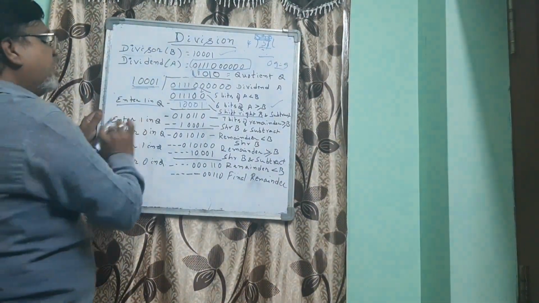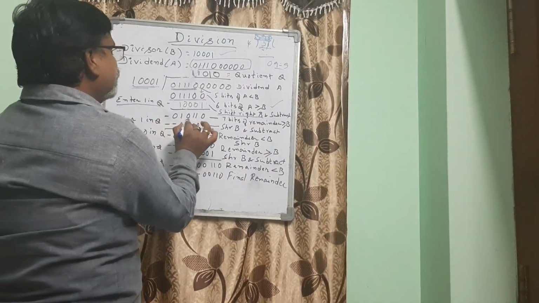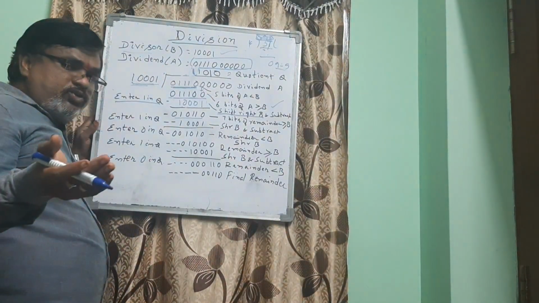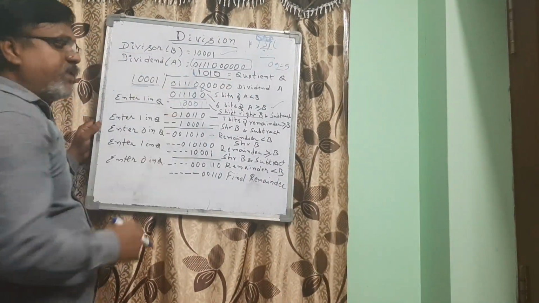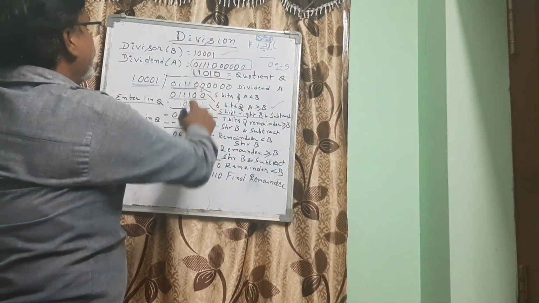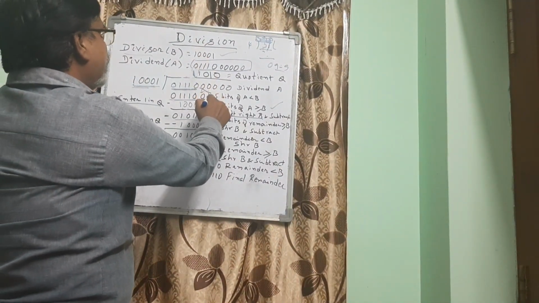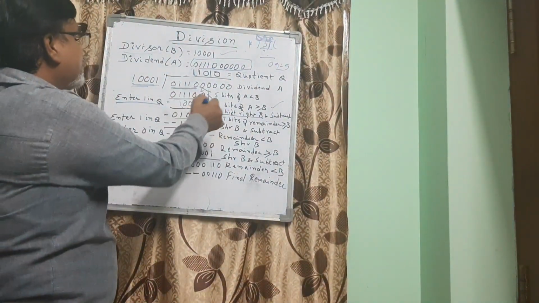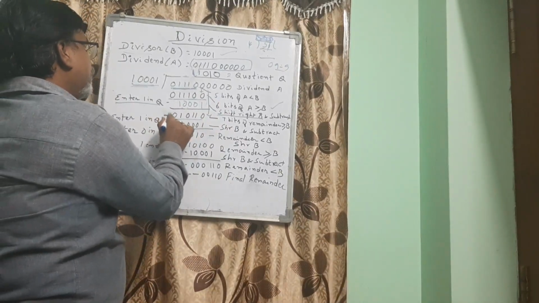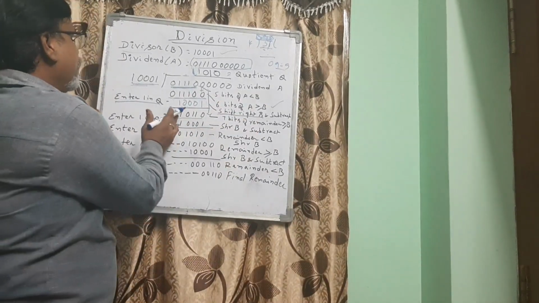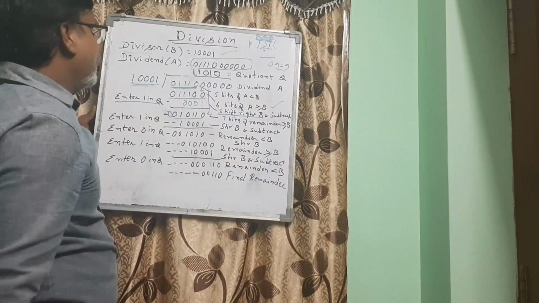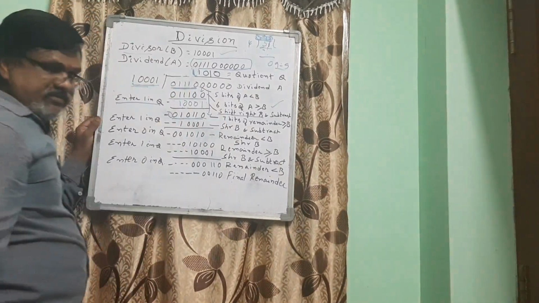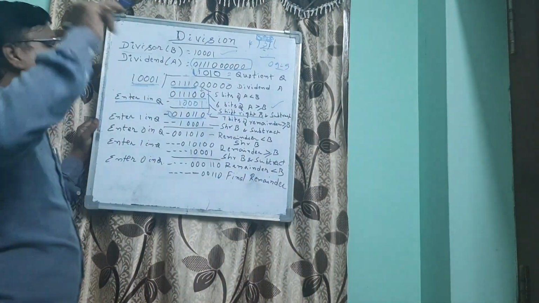Now after subtracting here, you will get 1 0 1 1. As you know very well, after a bit subtraction, the next bit position will come down. So after this 0, the next 0 will come here. When it comes there, it becomes 7 bits. Of course, here there is one more 0. It doesn't matter, any number of zeros at that side is of no value. So with these two zeros, this becomes a 7-bit partial remainder.